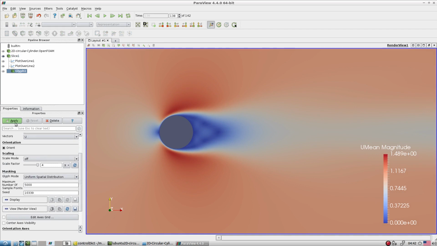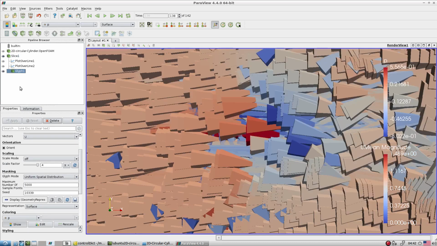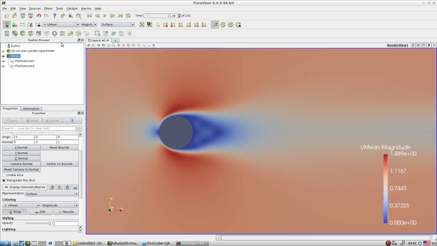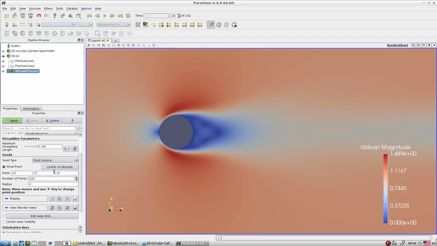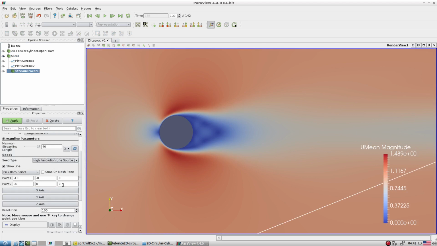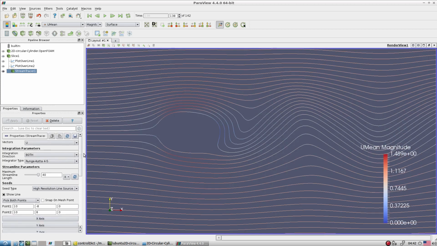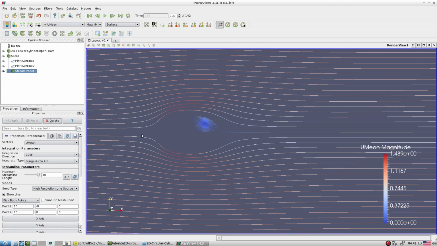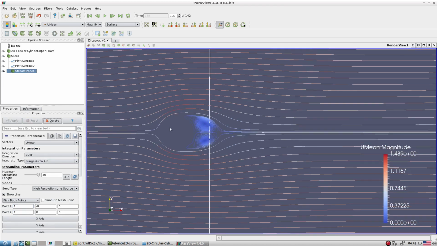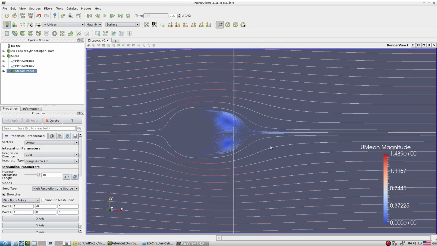Sorry, I activated not a streamline but this thing, and I want a line source, and y equal to this one. We are still in the unsteady. Why? Because the vector we have to change from here to mean. When you do that and then change the location this way, look, you can see a very nice